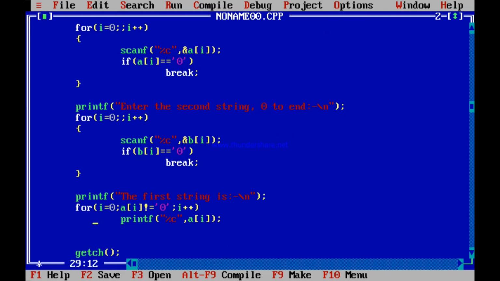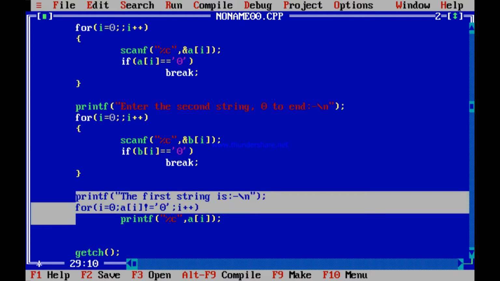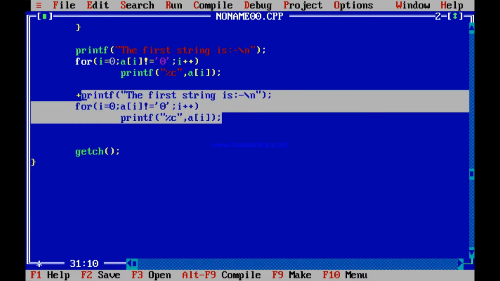Similarly, I should print the next string again. Same logic, so let me copy this so that I can paste it. So I paste this. Now printf, this is not the first string, so "the second string is".